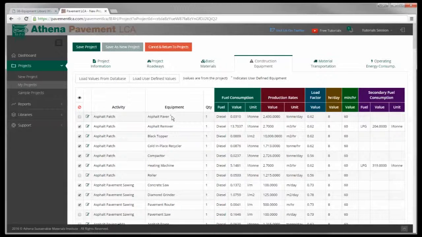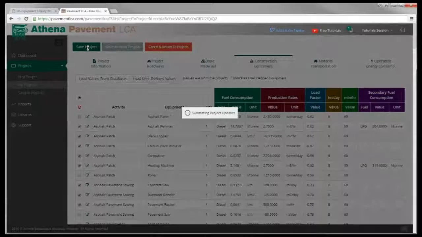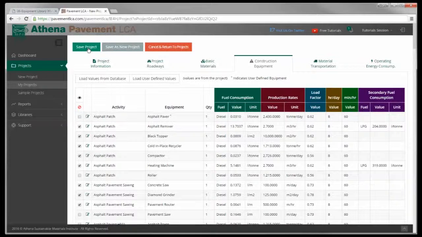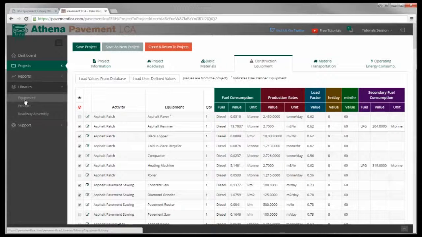You'll also see an equipment column here, we've got an asterisk on the asphalt paver, and that means that we're indicating that as user-defined equipment as opposed to database or the default values. So I'm going to save the project. With that saved, we are going to go to the library. And remember, we've set our fuel use rate at 0.310 for this project. But if we go over to the left and click Libraries and go to the Equipment Library,